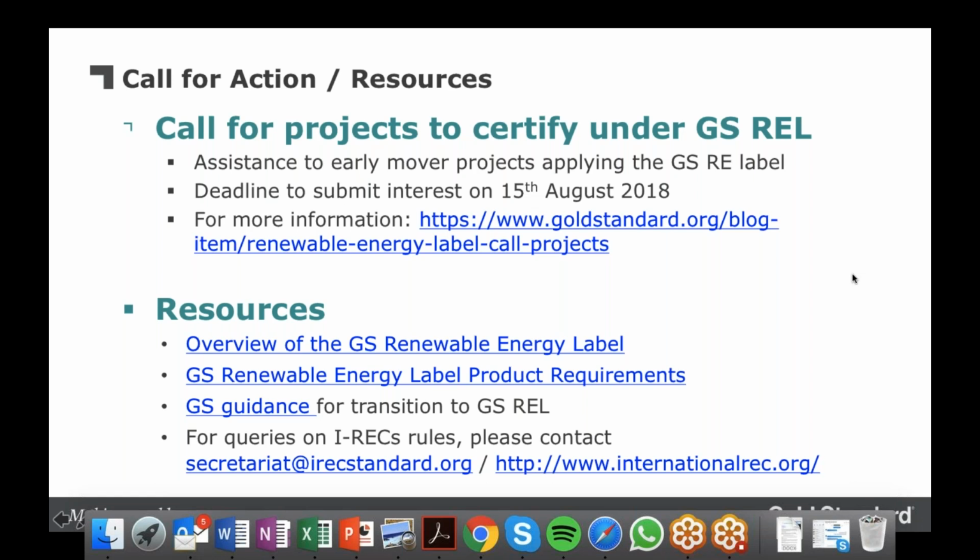The process, the Gold Standard check of IREX issuance. So that would be eligible GS VVBs. We have a list on our website of VVBs who are qualified for this scope and this type of project. So we can share that with an update after this webinar via email.